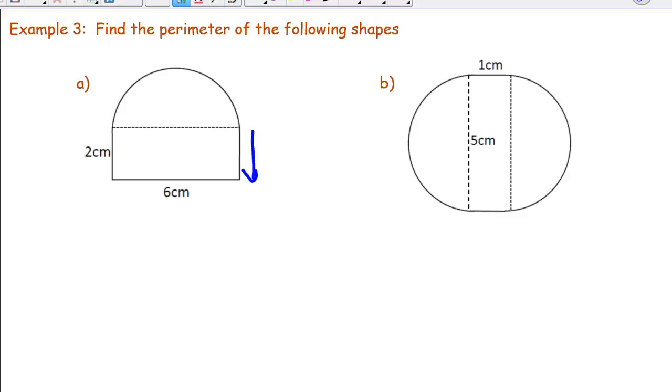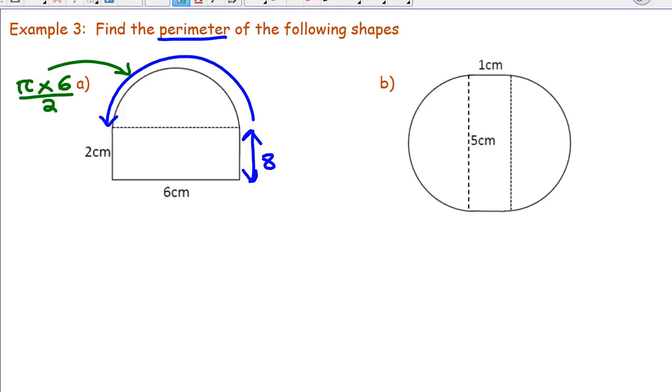The distance from here to here is 2, but now the distance from here to here is unknown, but I can find it because that will be equal to, if I can just use a different color, so that distance there will be equal to pi multiplied by diameter divided by 2, which means the perimeter of this shape,